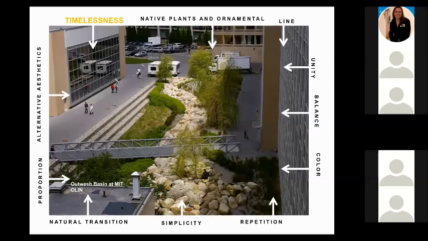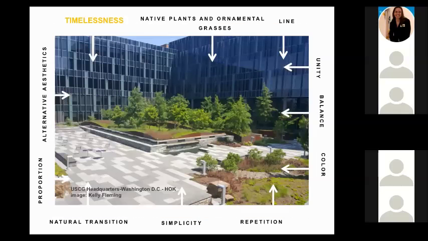So overall, we look at somewhere like Outwash Basin at MIT, designed by Olin. Our landscapes are trying to serve multiple functions, but they're also trying to bridge these aesthetic goals of line, unity, balance, color, repetition. USCG headquarters in Washington, D.C., designed by Hawk, is another way in which we look at this natural ecological function and this more modern approach to landscape, but also trying to bridge some of the traditional